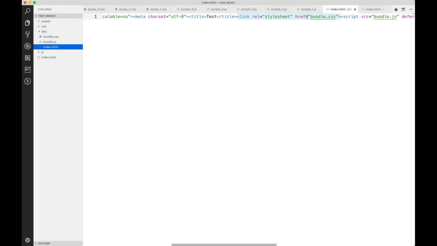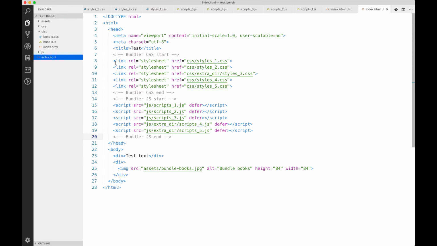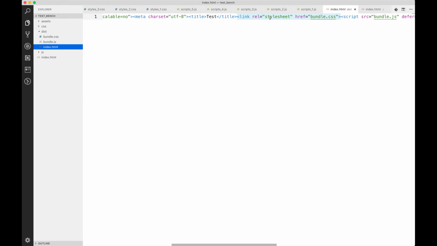Inside of this HTML you can see that all those CSS imports do not exist here anymore, with those comments also. Instead we have just one import, which is bundle.css, so this HTML file imports this CSS file,